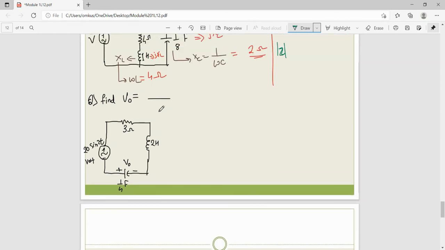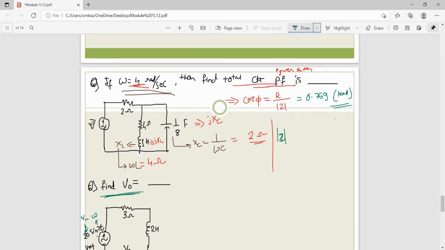Now this question, see this question, you need to find the V naught. This is a very simple question. I hope you solve this problem. Now see how to identify the omega value. Omega value is always with this time factor, right? So in sine 2t, 2 is the omega value, because in the standard waveform we already saw that for a voltage signal, v is equal to Vm sine omega t, right? So Vm is the maximum value, and this is the omega value.